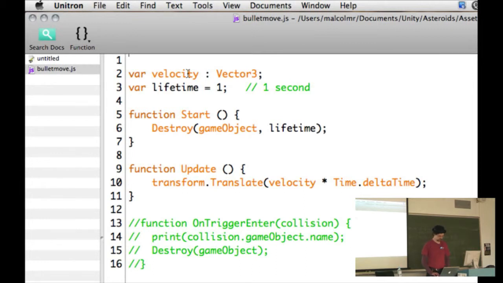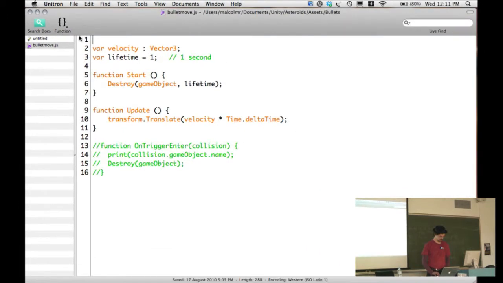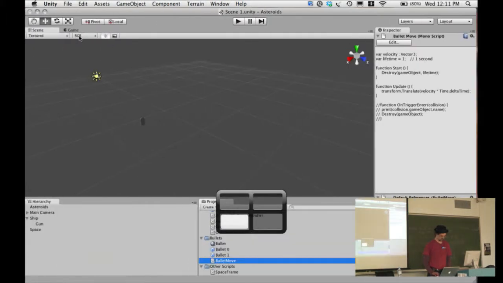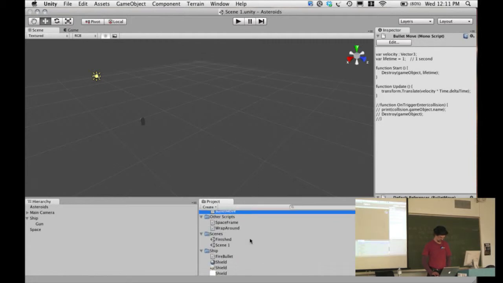So when we create a bullet, we have to give it a velocity. So what we're going to do is create our bullets with a different velocity depending on how fast the ship is going. So that's fine, but what we need to do is, when we create the bullet,